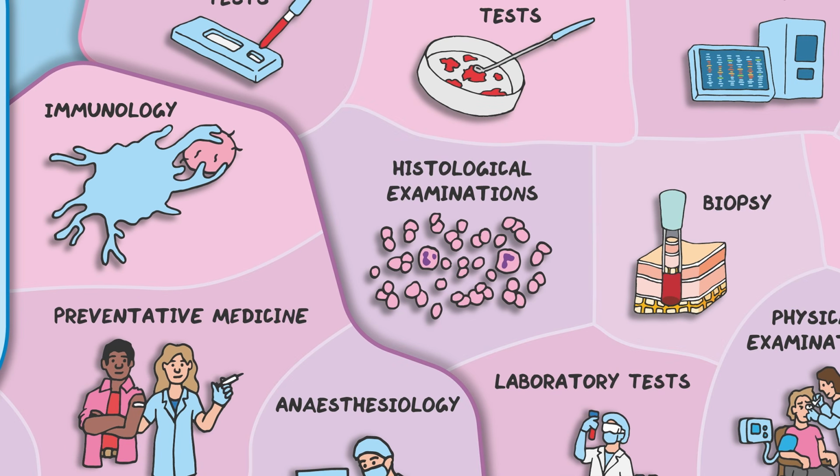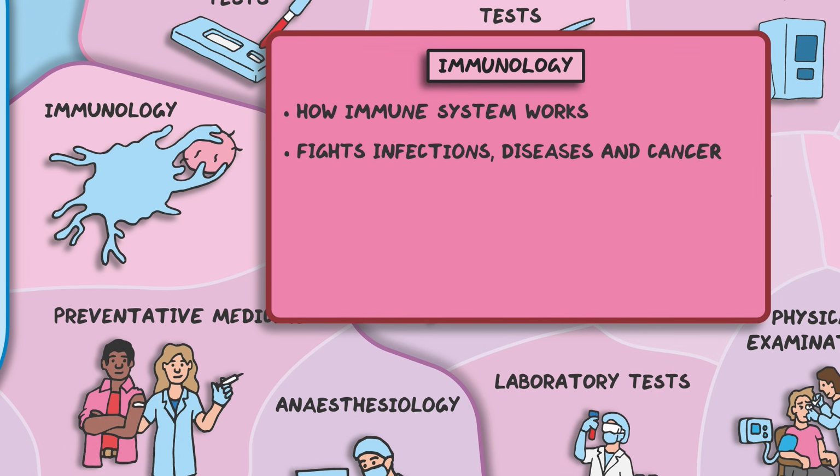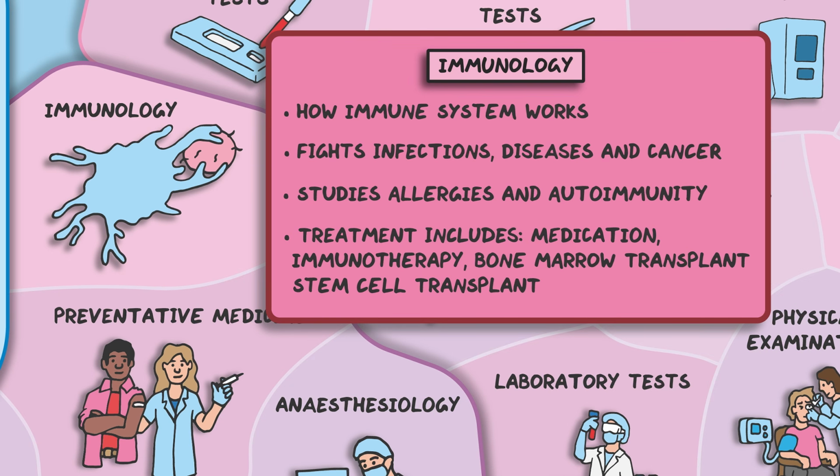Immunology is the study of the immune system, how it works, and how it defends the body against infections and diseases. It also includes cancer immunology, which looks at the body's innate ability to prevent or eliminate cancer cells, called immunosurveillance, as well as new treatments like genetically engineered CAR T cells used to target certain forms of cancer. Immunology also studies disorders of the immune system, such as allergies and autoimmunity. Immunologists use a variety of treatment methods such as medication, immunotherapy, and bone marrow or stem cell transplantation to manage